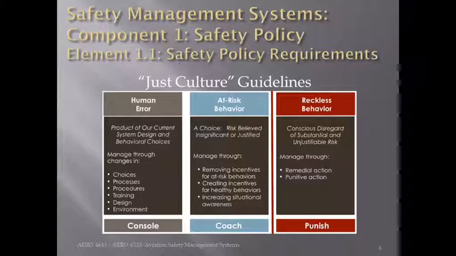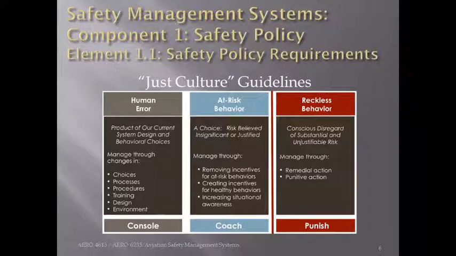This is something that you'll see a couple of times throughout our course, and I think it gives a very good pictorial presentation of the Just Culture Guidelines. So if you are in management and you want your employees to report unsafe conditions throughout the workplace, that's really the only way you're going to find out about it, is if people are reporting it.